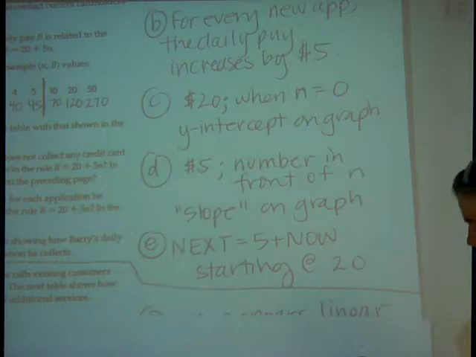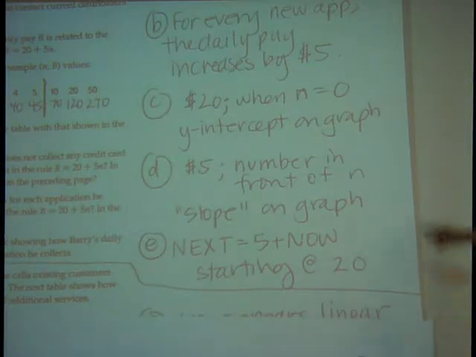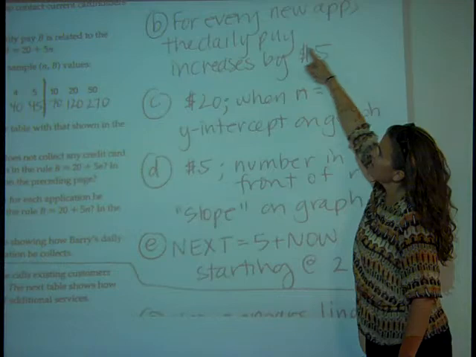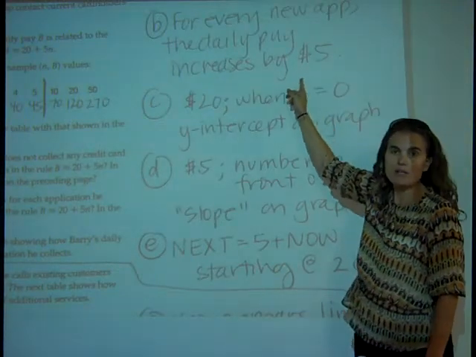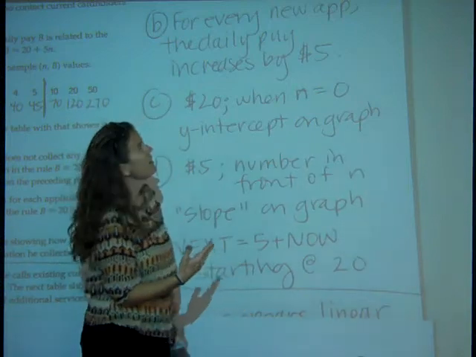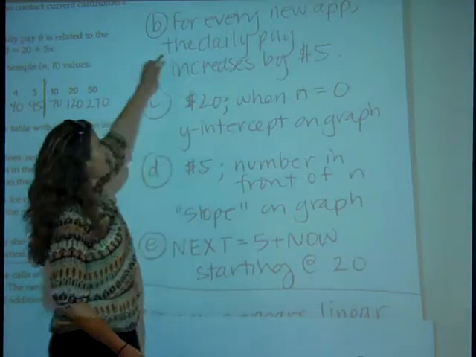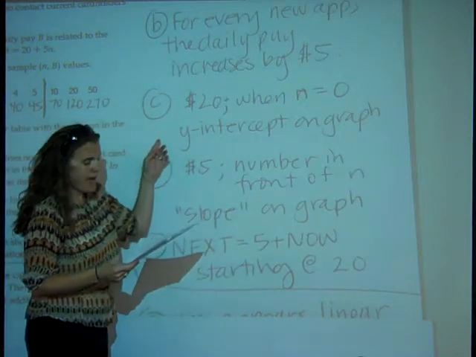Over here, let's look through the answers on B through E. B was asking you to compare the pattern of change shown in your table with that shown in the graph, right? So we said for every new application, the daily pay increased by $5. So previously we had said for every $10 in pay, it increased by 2 applications. So we're just reducing that down essentially. Okay. Letter C asked about